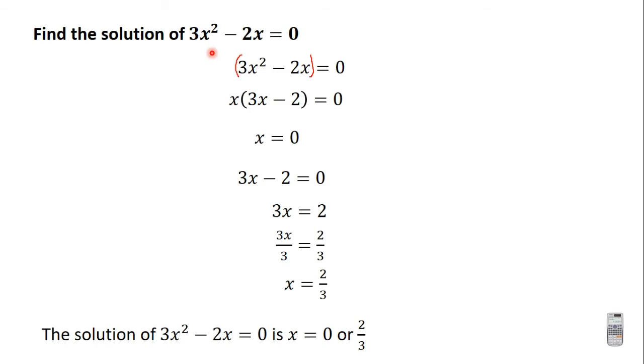So when you have a quadratic equation where the quadratic expression in the equation is a binomial and it is of this nature, that is, it has an x squared term and an x term, straight away you factorize, then you equate the expressions multiplying each other to 0. Here the two expressions are x and 3x minus 2. So first, x is equal to 0, then 3x minus 2 is equal to 0, and that is giving us x is equal to 2 divided by 3. For most students, when they are given a quadratic equation of this nature, this is how they do it.